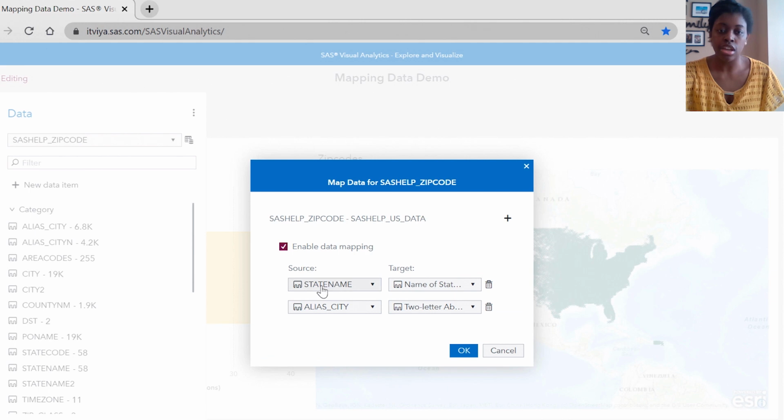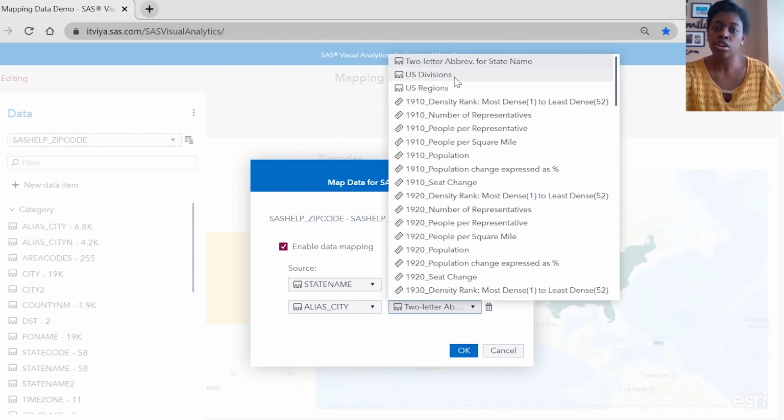Also, I want to mention that the variables that you map together have to have the same formatting. So let's say I had two data variables that I wanted to map together. They have to have the same date format. So one couldn't have a date format and the other one a month, day, year format. Also, if I wanted to have another mapping, name of state or region, I couldn't do that right off the bat. Once you map a variable, it cannot be remapped. If you wanted to use that variable over and over again, you would have to create a duplicate of those variables in your data set.